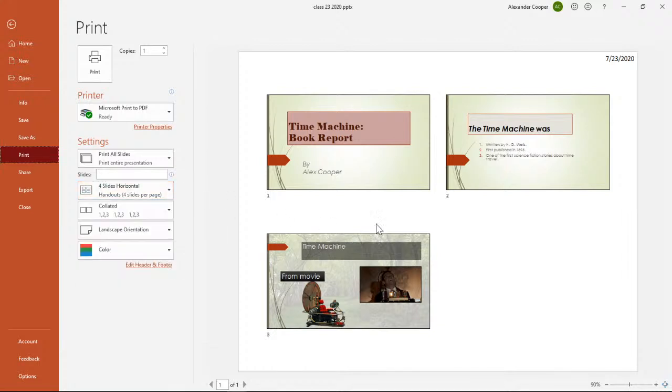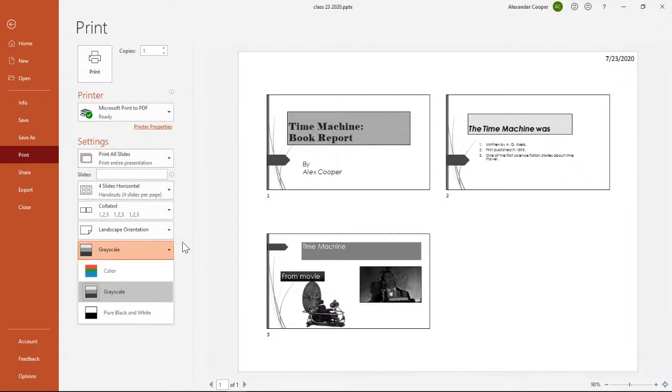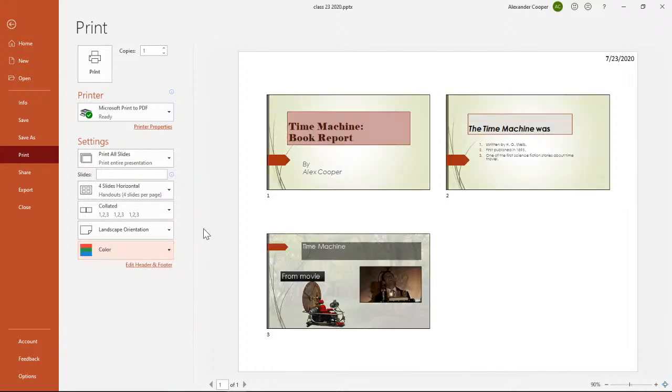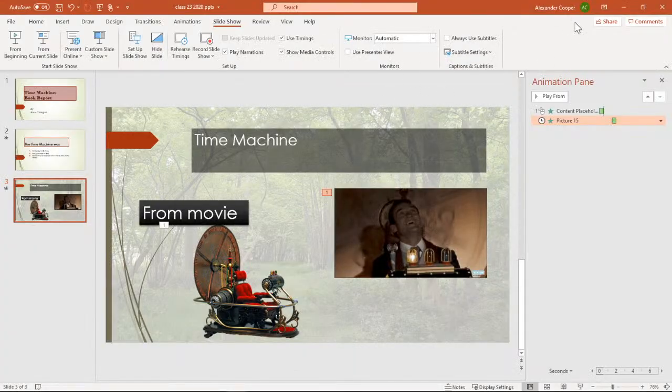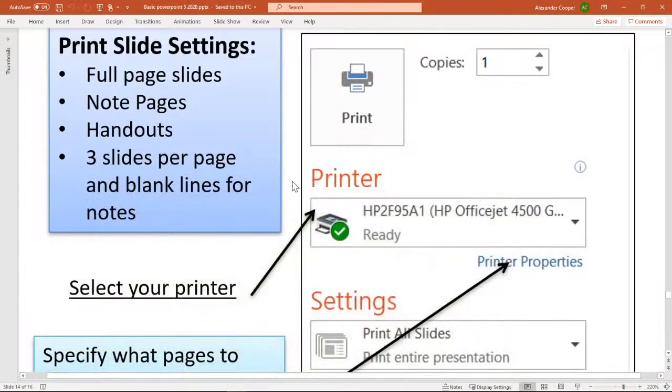That usually has it big enough so you're not using a ton of ink, but it's clear enough to read, and it also makes it a good handout with all your information on there, okay? Of course, you can change it from color to grayscale if you need to. Okay, so we dealt with that, we talked about printing.